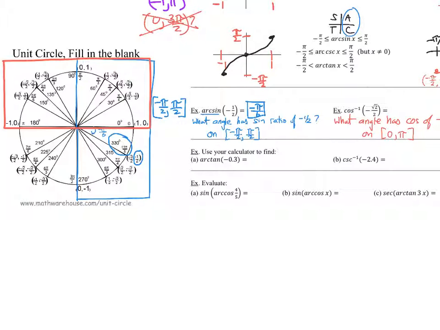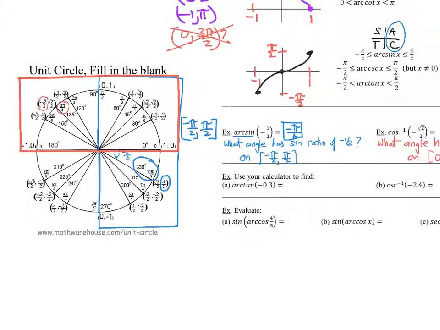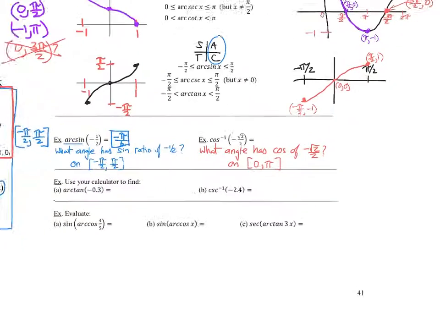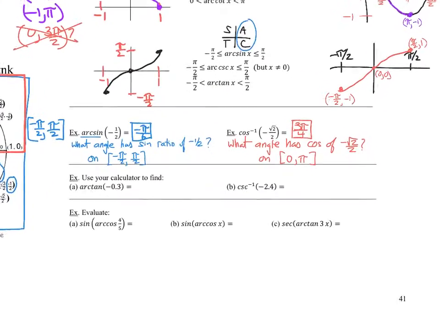3π/4, indeed. So we're looking for the x value. That's -√2/2. That corresponds to 3π/4. 3π/4 falls in the interval, so we're in good shape. Which is good, because sometimes it works out that way, as in, you could just pull it right off of the unit circle. You don't have to do anything else. But